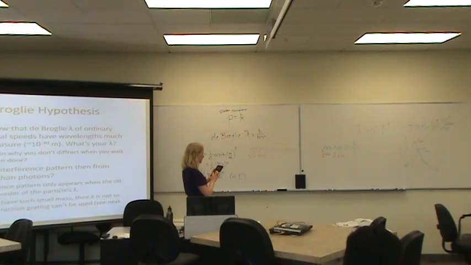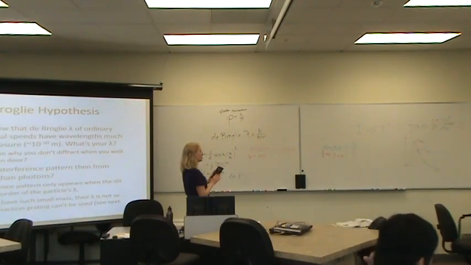Planck's constant is 6.626 times 10 to the negative 34. Let's say somebody weighs 65 kilograms, and if you're going the speed of light, that's 3 times 10 to the 8th. Just looking at the formula, you can tell that makes your wavelength even smaller. The bigger the velocity value, the smaller the wave. So that actually doesn't help at all.